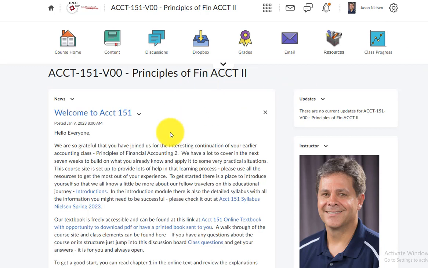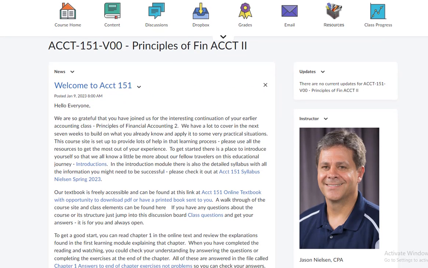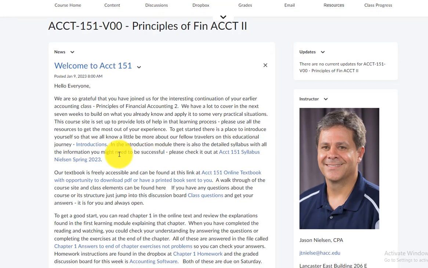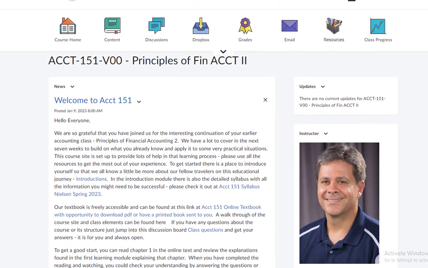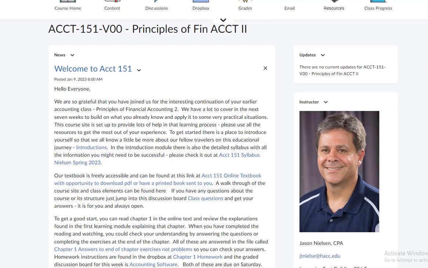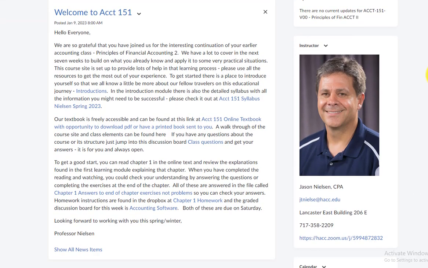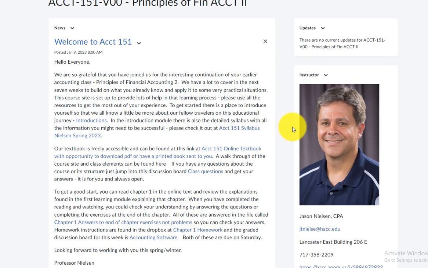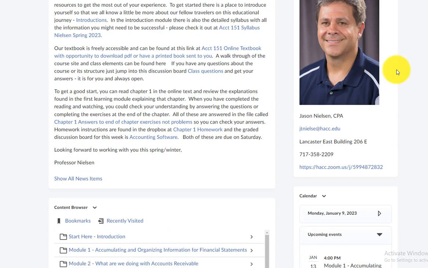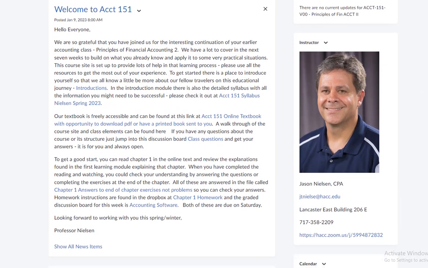Here in the middle is our news feed that I use quite often, at least weekly, to give you an idea of what's happening, provide you links to various materials in the course and the assignments and things that we do that week. So this is our introduction and gives us a link to the information for the first week in terms of our homework and other assignments. My contact information, my picture,